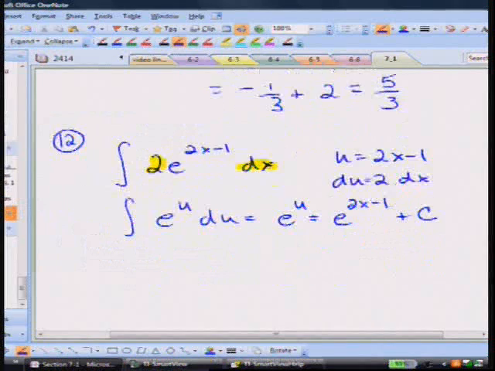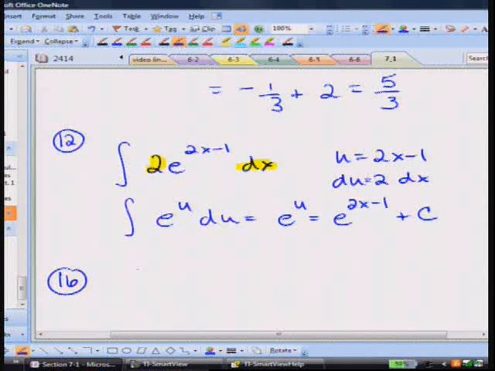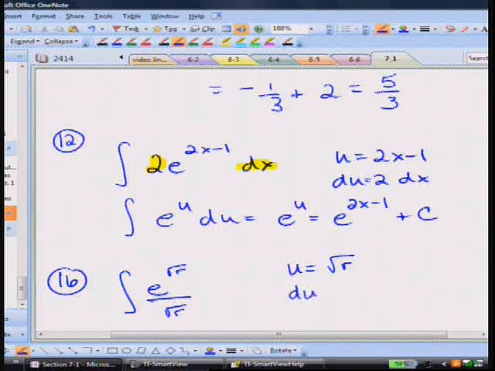How about number 16? We'll skip. Let's see if we can get a little faster. Number 16 is the integral of e to the square root r over the square root of r. All right. Well, if you let u equal the square root of r, then du is equal to what? This is r to the 1/2 power, right? And so then this will be 1/2 r to the negative 1/2, or 1 over the square root of r dr,